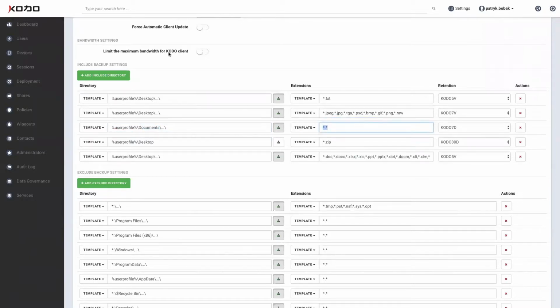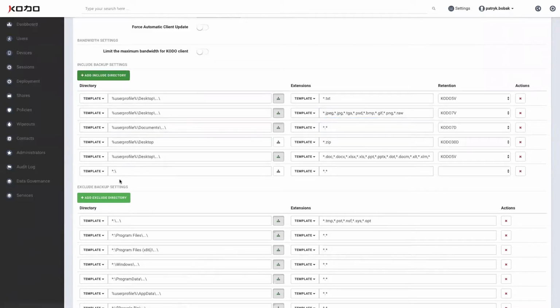Adding new paths and new extensions is really very easy. Just click the Add Include Directory button, provide the path or choose a template. For example, let's say we want to protect data from all local disks, and we also want to include all subdirectories, and from all local disks we want to protect, well, maybe all files. It's not a good idea because in the operating system there are a lot of changes, but we can provide the extension manually, or, for example, like this,